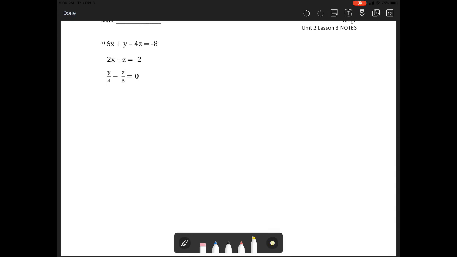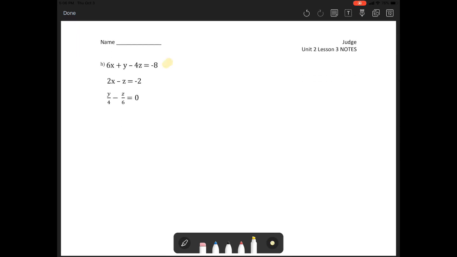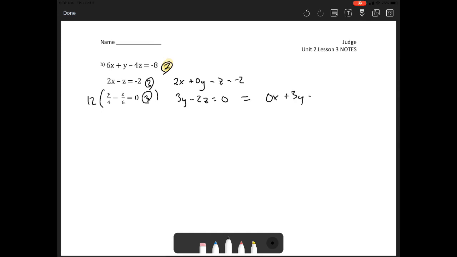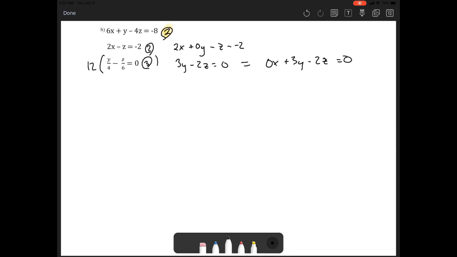Okay, so now we're going to move on to our last two before we do word problems. This is our last one before word problems, and it's a long one. So we have one equation, 2 and 3. I'm going to reorder the second one: 2x plus 0y minus z equals -2. And then same thing over here, but I'm going to multiply by 12 because that's my common denominator, and I'm going to end up with 3y minus 2z equals 0, which is 0x plus 3y minus 2z